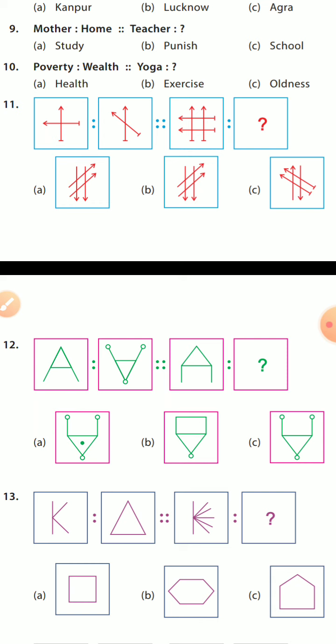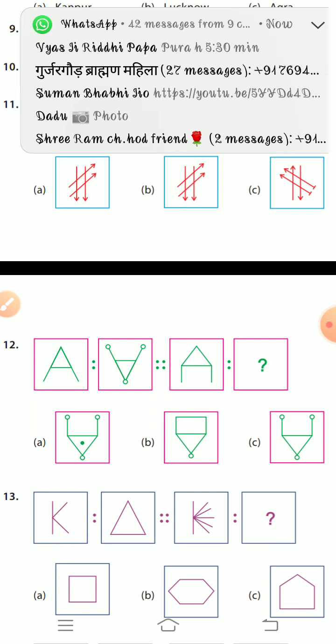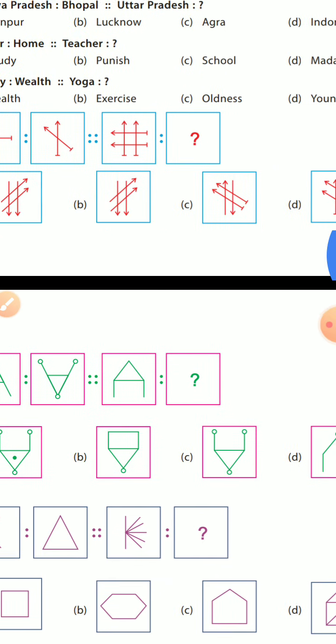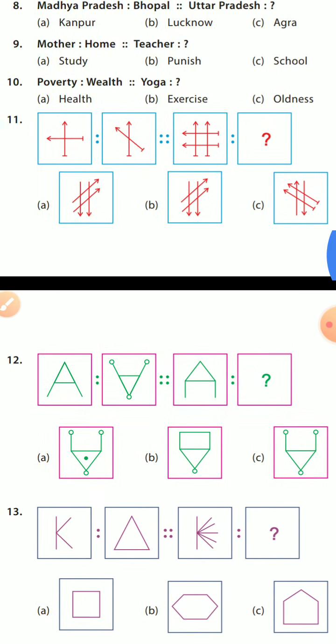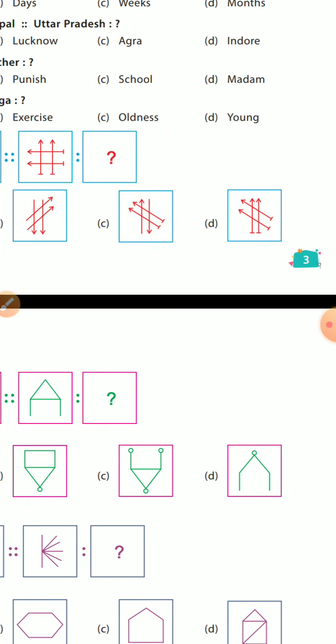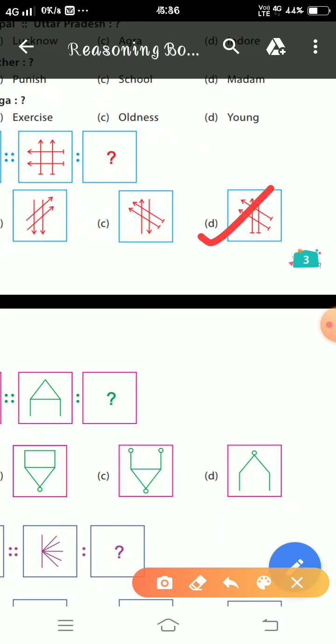The 11th question I am solving for you. You can see the arrow with the plus sign, and in the next one this plus sign is just tilted a little bit. In the next one, for the arrow with the plus sign given, what can be the answer if you tilt it just a little bit? No, A cannot be the answer, B also cannot be, C also, because they have reversed the arrow in the C. So the third one I find is the correct one.